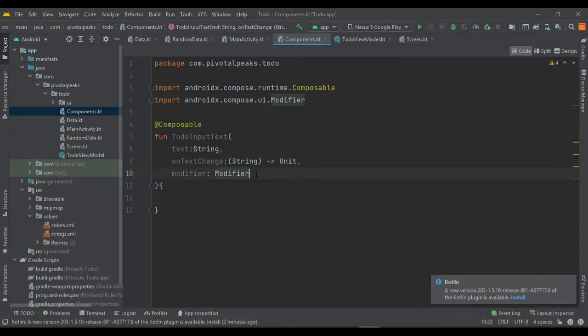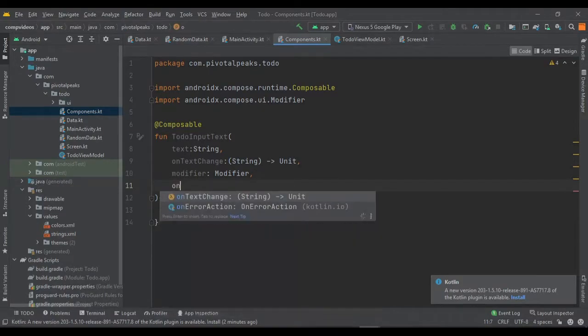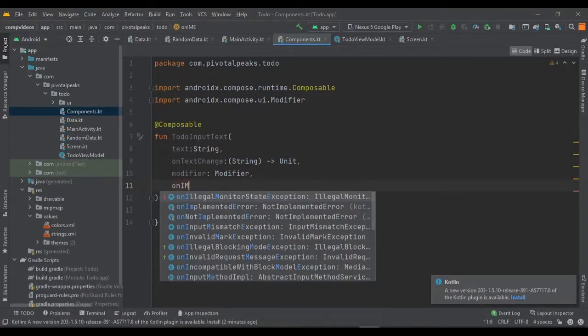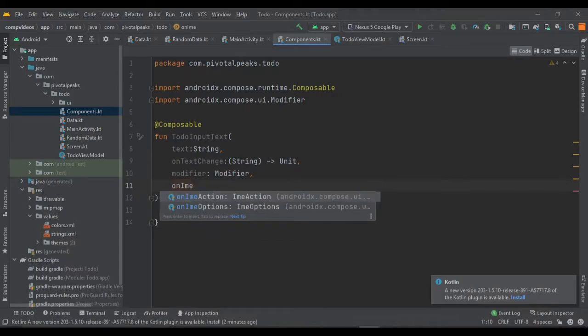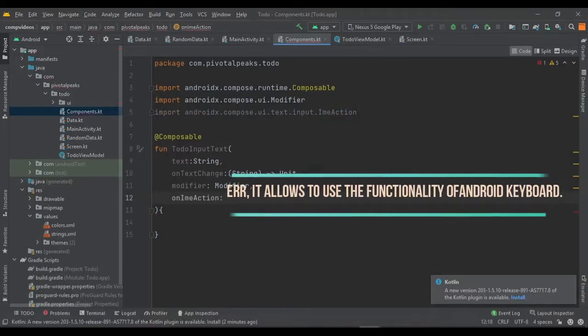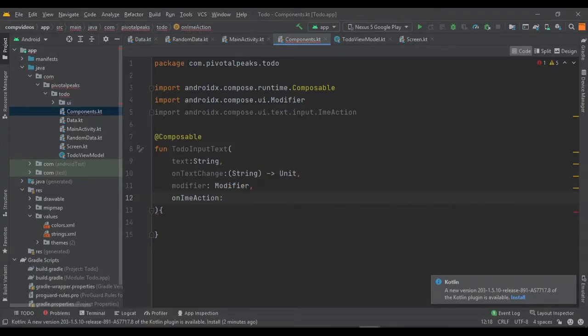Oh, we forgot, we need another function which is called on IME action. So IME, caps lock, on IME action. So basically what it does is it hides the keyboard.